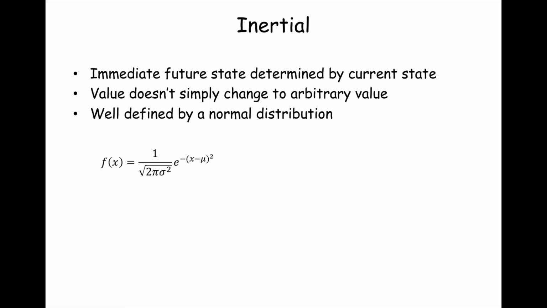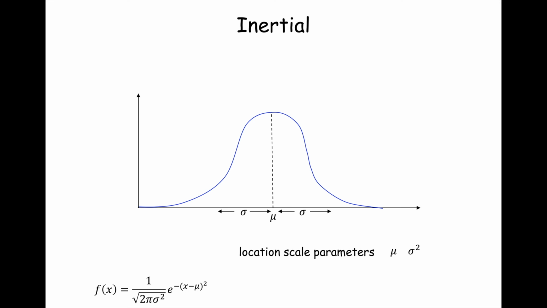Now, the normal distribution is sometimes called the Gaussian distribution in the literature, and this is the density of it. It's 1 over the square root of 2 pi sigma squared times e to the minus 1 half, x minus mu, all squared over sigma squared. And so this is the characteristic bell curve shape, right? And these parameters that govern this bell curve are known as the mean mu and the variance sigma squared.